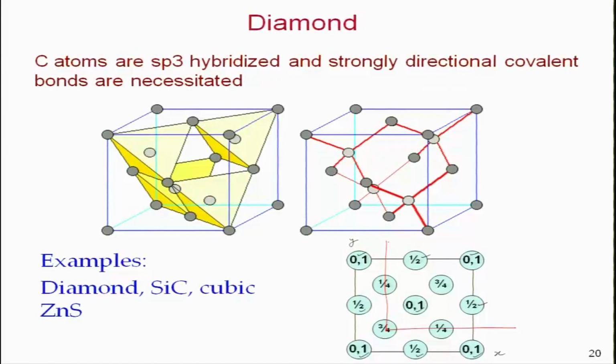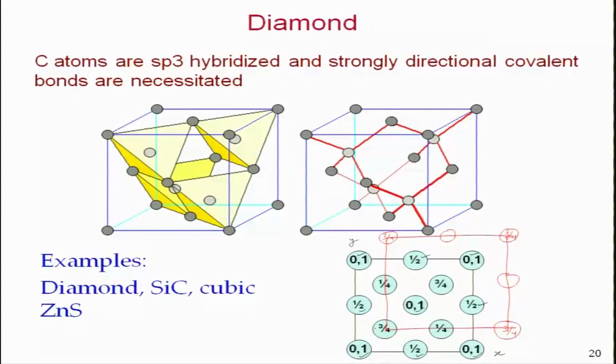I can make a variable unit cell which is this. If I do that, I have an atom here which is equivalent to this atom at 3 by 4, 3 by 4. I will have an atom here which is equivalent to this atom, 3 by 4, again at 3 by 4, and again I will have this atom. Now if you make 3 by 4 as 0, the 1 by 4 will become half,